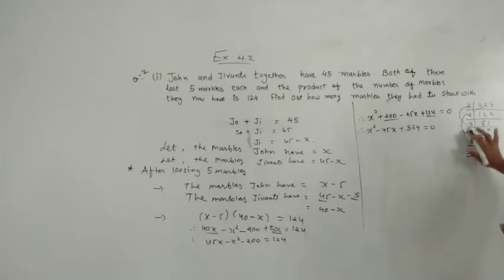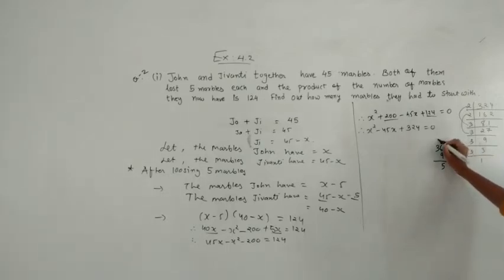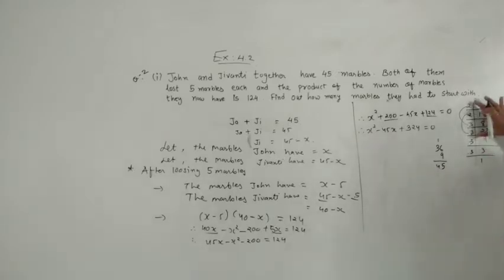Let us see. 3 2s are 6 and 3 2s are 6, 6 6s are 36, and here 3 3s are 9. Let us make that combination. So here what we are getting, 9 plus 36 will make 45. So here we got the answer by making a combination of these 4, means 3 3s are 9, and 3 2s are 6 and 3 2s are 6, 6 6s are 36, and the remaining two means 3 3s are 9.